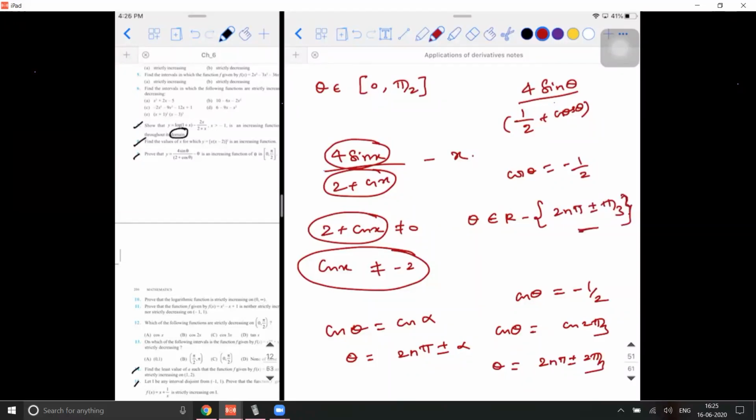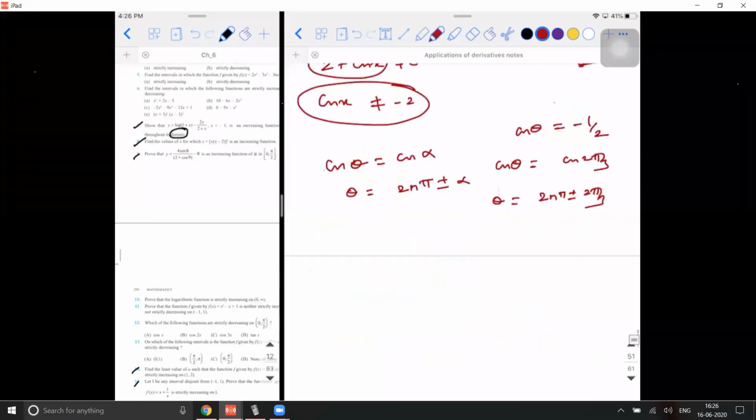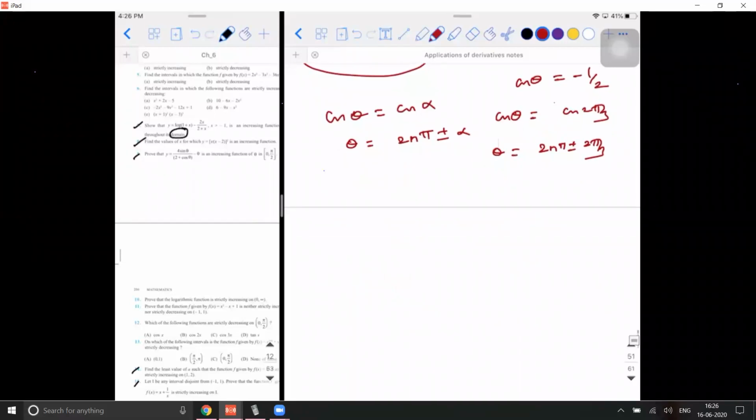So you need to be very careful with this. I hope you are able to understand. Because you will be asked any type of question, not like you are going to get an NCERT question directly. So please understand what I am trying to stress on. It is the domain which is very important.